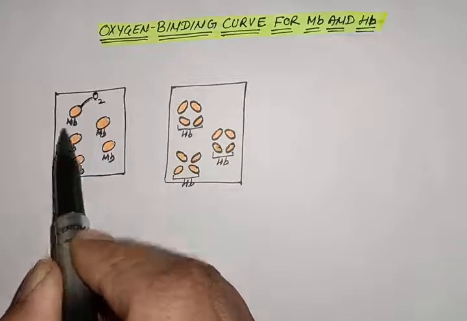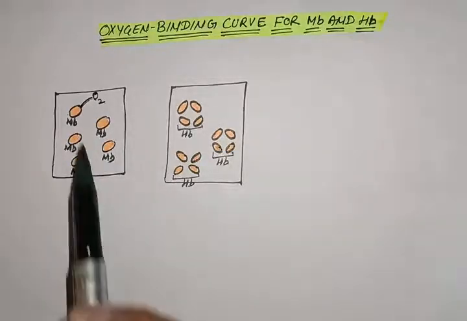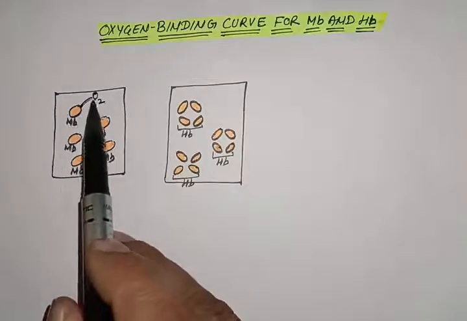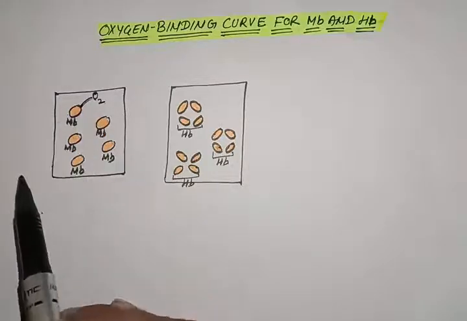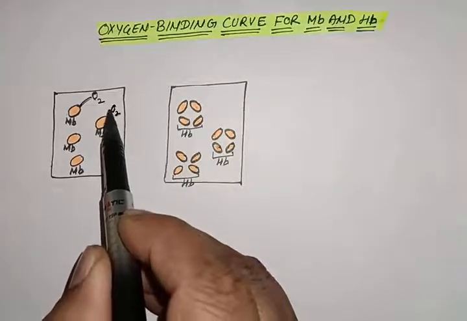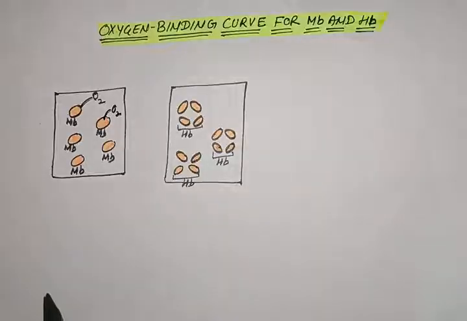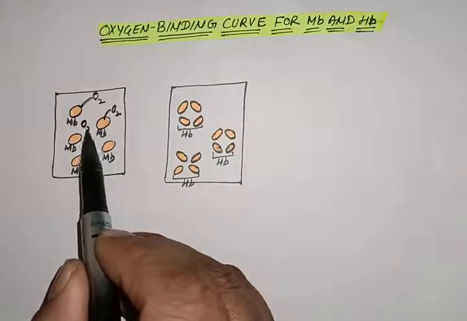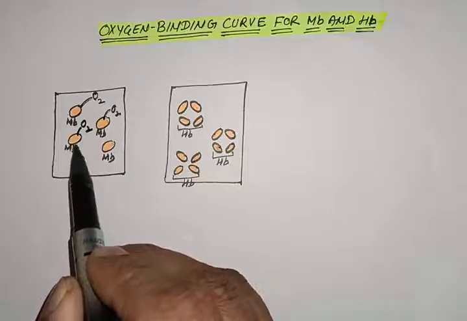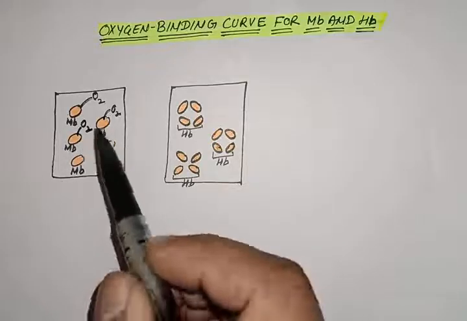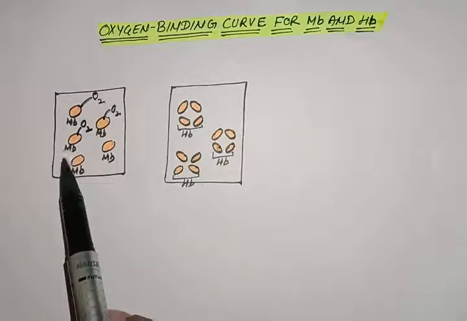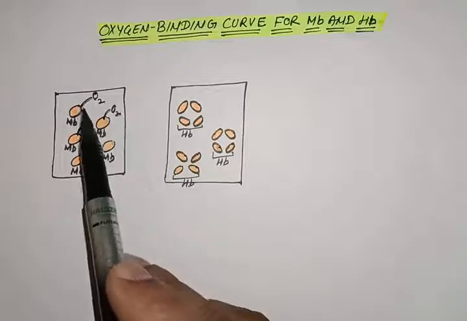If we have a very small amount of oxygen in this chamber, this oxygen will start to attach at the heme group of the myoglobin. When the oxygen is attached to the heme group, we can say that saturation of this heme group takes place. When we increase the pressure of oxygen O2, another oxygen will attach to another heme group. Similarly, as we increase the pressure, the attachment of oxygen molecules to the heme groups of myoglobin increases. So we can say the percentage of saturation of myoglobin increases as the pressure of the oxygen gas increases.